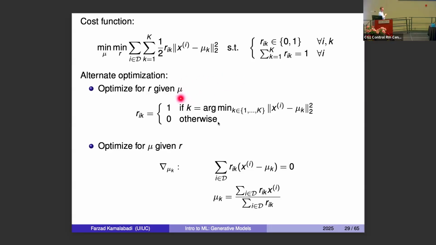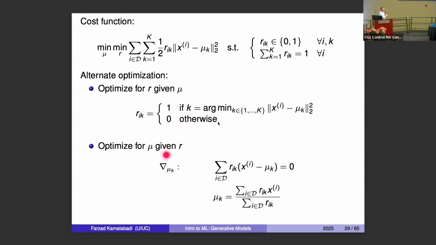So fix the cluster center. That's how we initialize. Remember the 2 crosses that ended up in a random place? So suppose that that's what you're given. After you're given that, you are deciding if xi belongs to this cluster or the other, or any of the other ones. So that's the first minimization.